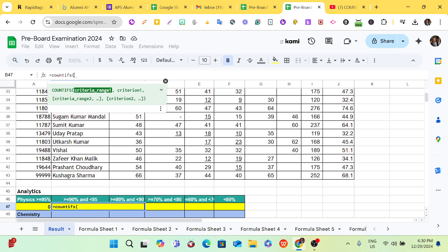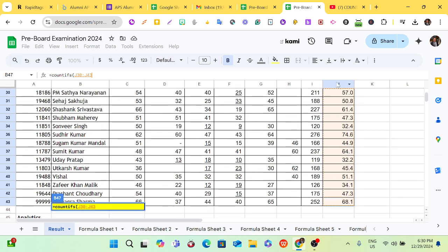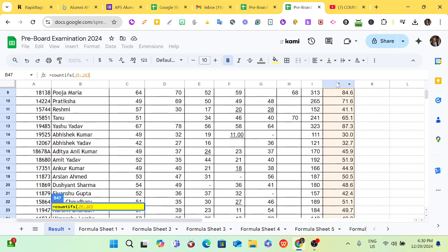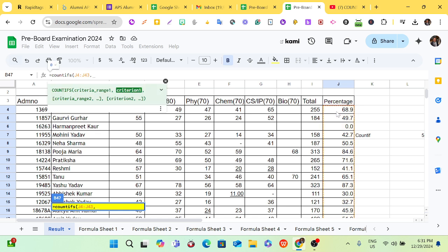So my criteria range is, again this is my criteria range, then it asks for the criterion greater than equals to 90,